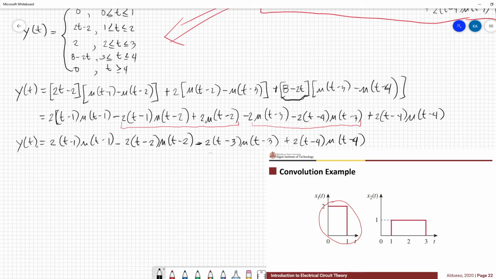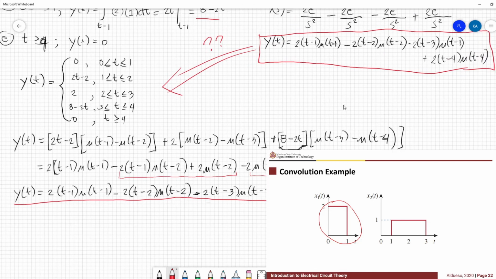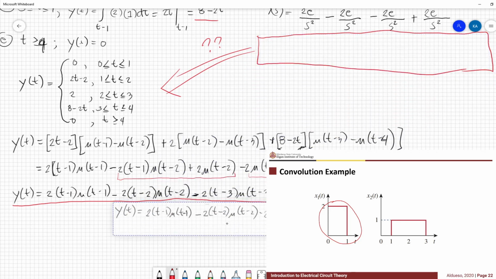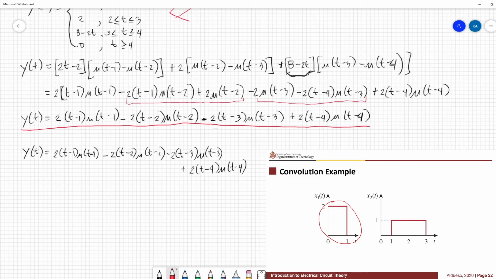Now our y of t. Looking at this expression, and this expression, so they are